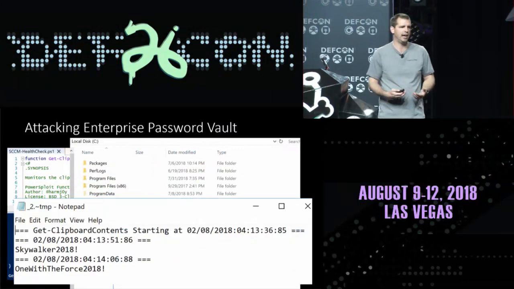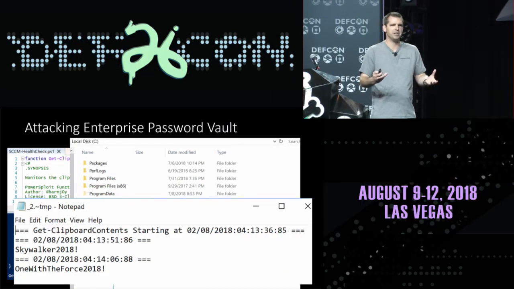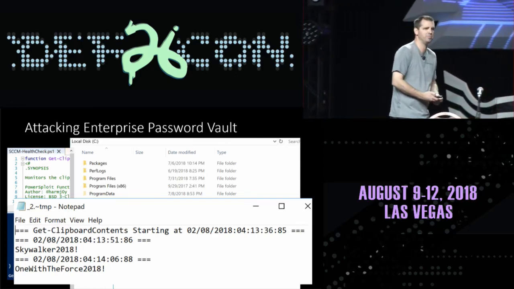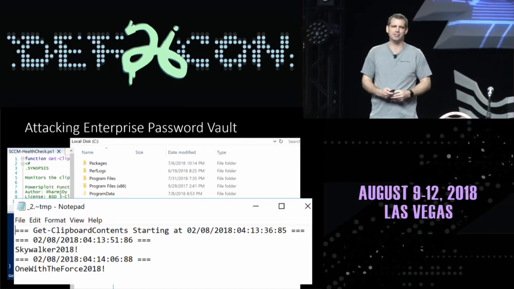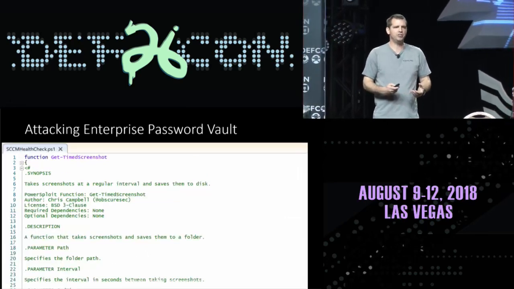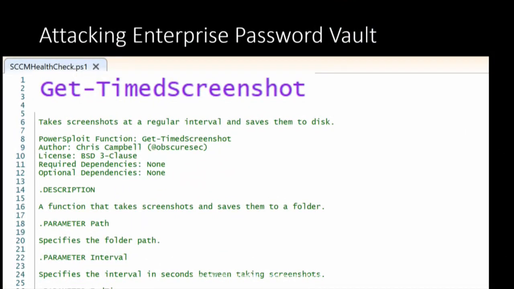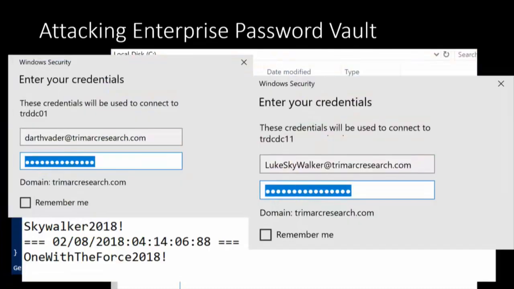We have a second temp file here that has a text file that has passwords. I made up these passwords. These are not from a password vault. Hopefully a password vault would have a much better randomizer than my Star Wars knowledge. But the issue is that we can also, on top of this, do Get-TimeScreenshot. Because if we just have the password, we're like, I'm not really sure what that's for or what server they're connecting to, but we can combine these two. We can say, all right, it was this account at this time on this server, and here's the password, and correlate that. So we want to make sure that organizations and companies know that just because they're using a password vault, they are not secure just because they have dropped it into the environment.